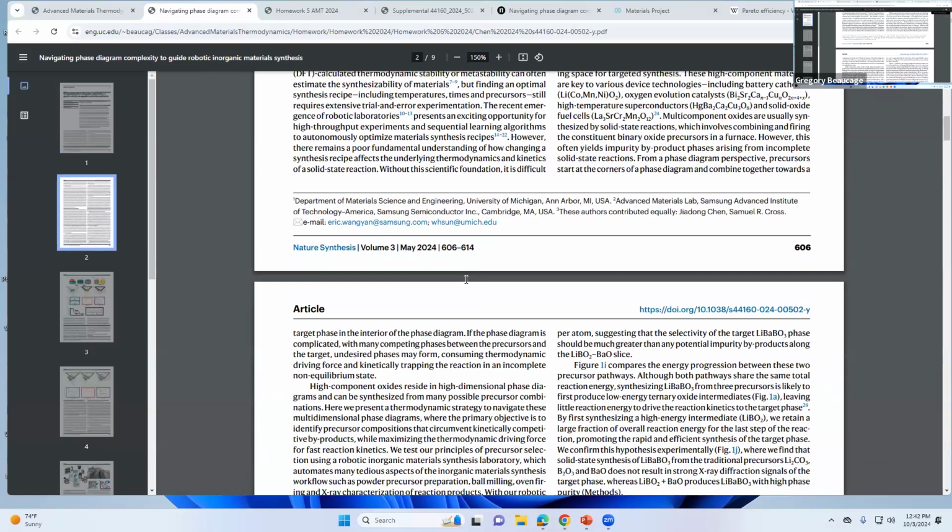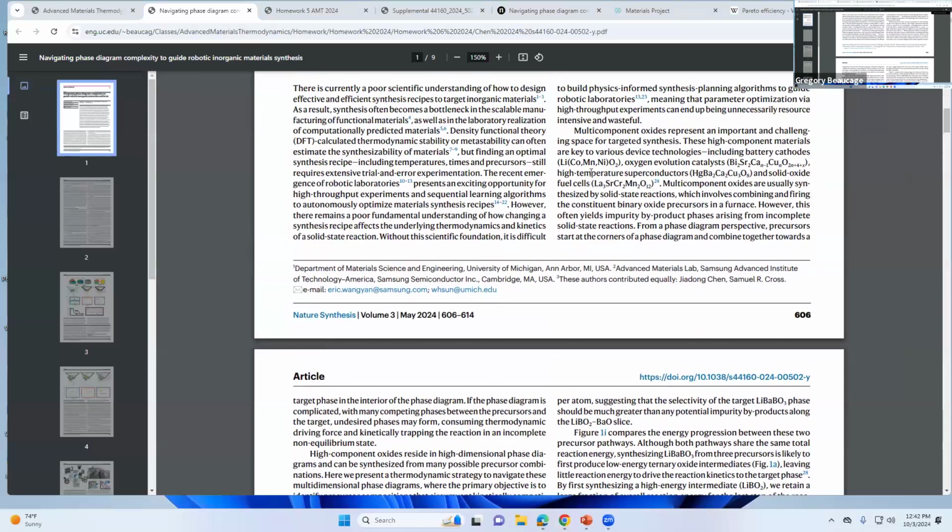So the idea is that you're going to make these kind of complex oxides, like mixed oxides, like we saw last week, like trying to make a cathode. One of the main things is the cathodes for lithium-ion batteries. Then he's saying high temperature superconductors, solid oxide fuel cells. So, and then